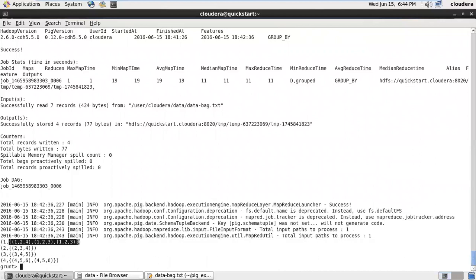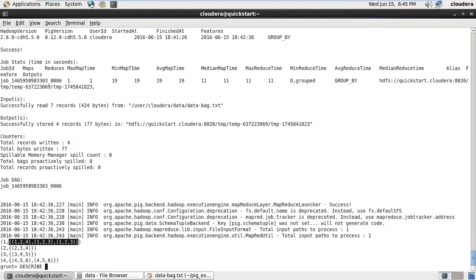I will always get 2 fields. The first one is the primitive column, and the second one is an inner bag whose schema is the same as your input alias. Like if I describe this,